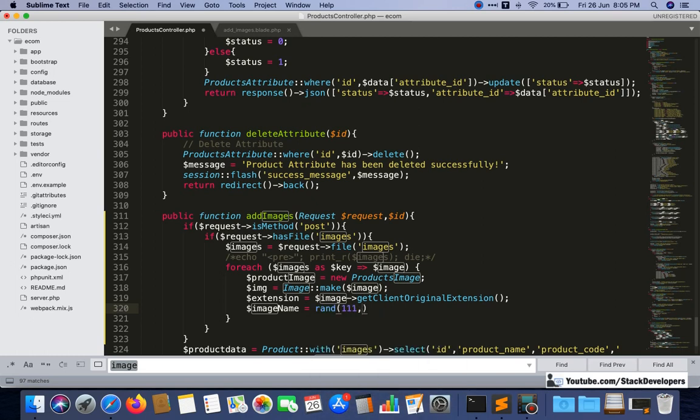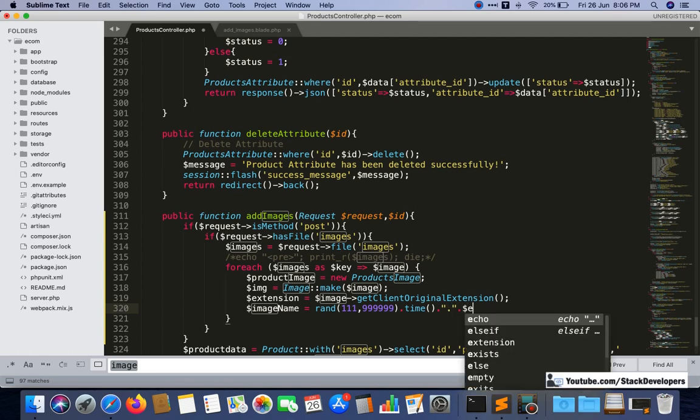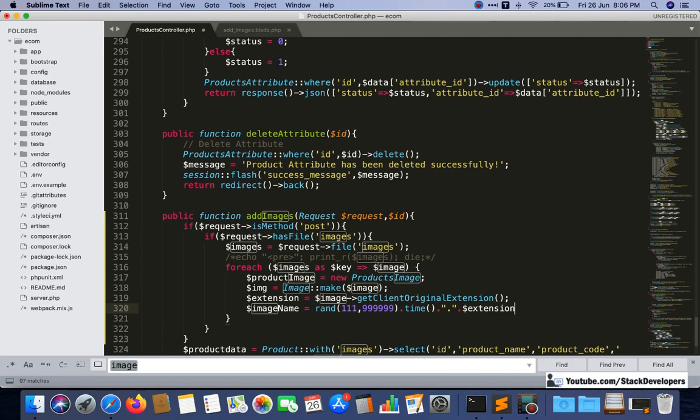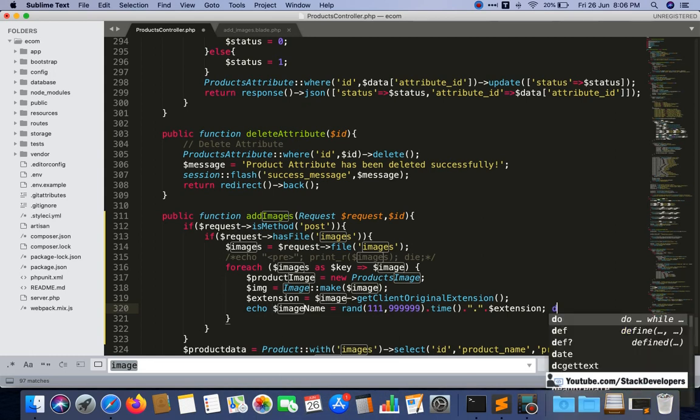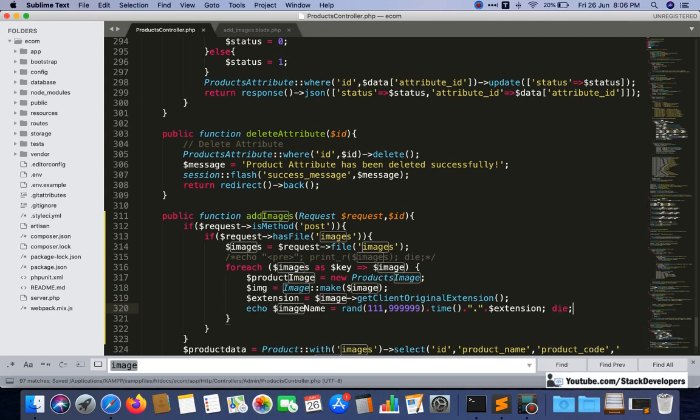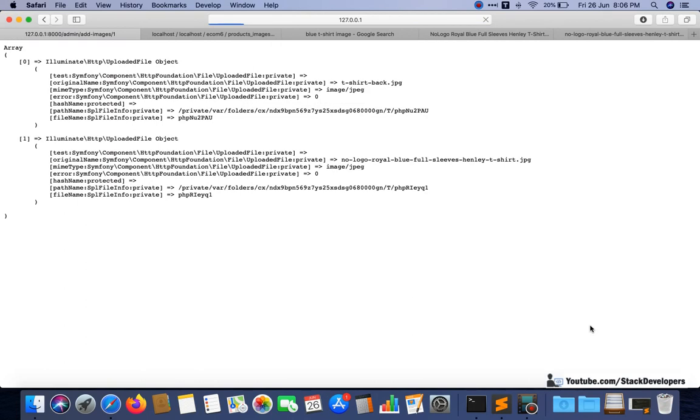We will generate a number from 111, between this range, and also we can add the time along with that, because that will give a more unique name. And then $extension that we generated earlier. Now I'm going to check what it will look like. I want to see it like this, and let's see.